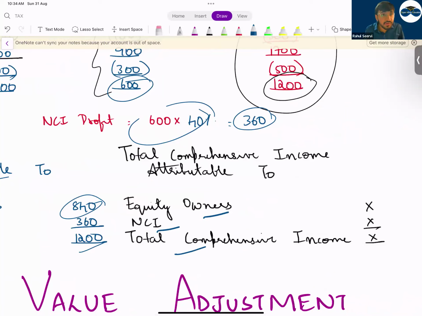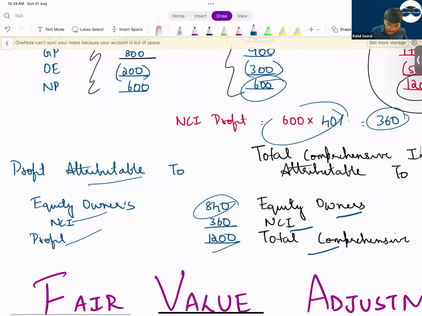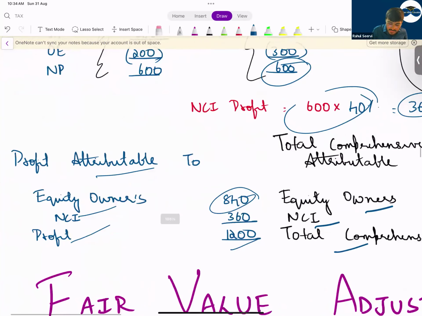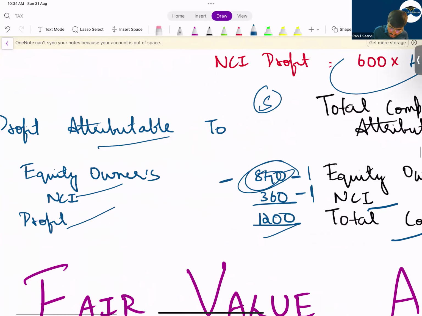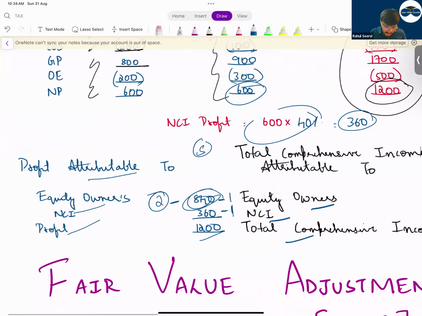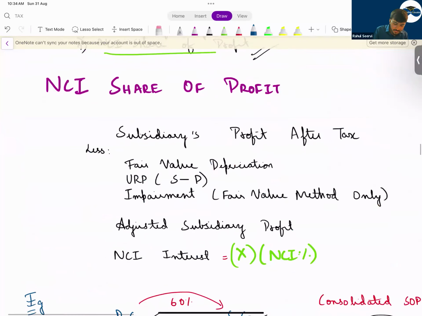Now understand, whenever your subsidiary company profit is affected, it will affect both parent and NCI. If parent company profit is affected, it will only affect the parent or the owners. So when you do the vertical adjustments, if the subsidiary profit is affected, you do the adjustment for parent and also for NCI. If only parent profit, then you adjust only for the owners. Understand that?